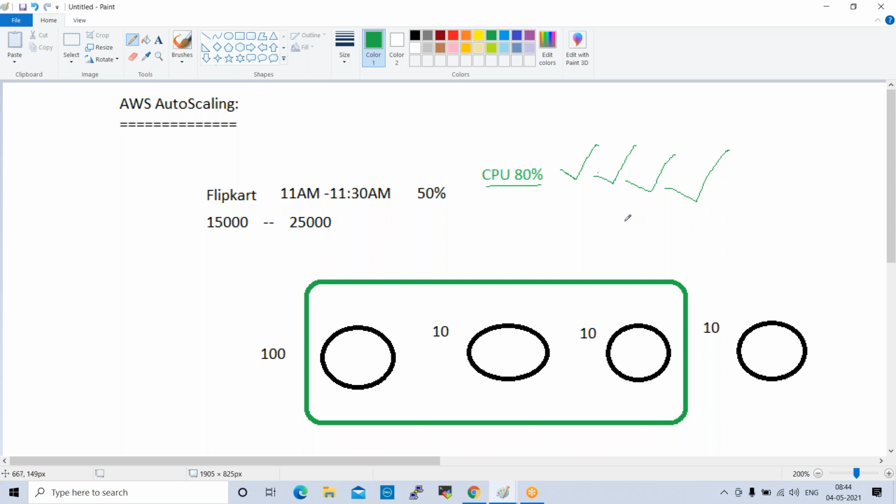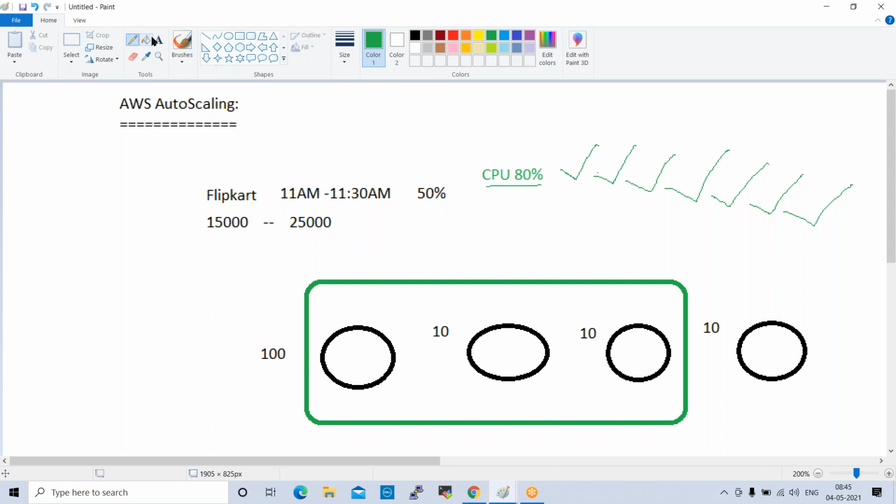Whenever there is demand, for example from 11 a.m. to 11:30 a.m., servers will be increased like this, so many servers. After 11:30, what will happen? The site will be free.